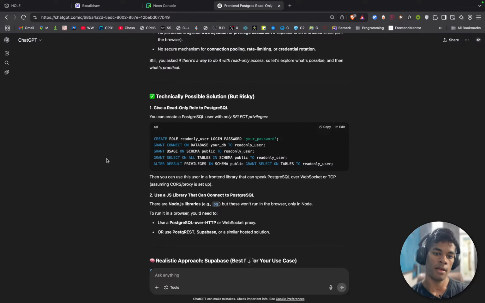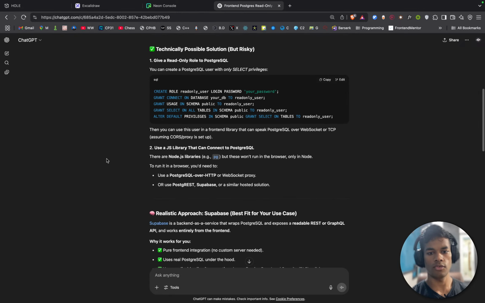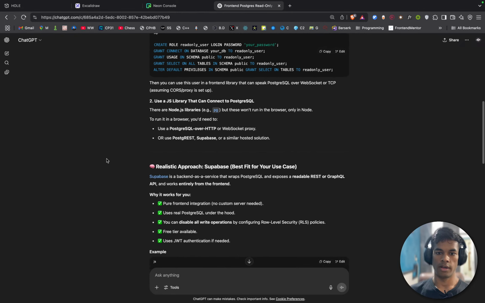Then you can use this user in a front-end library that can speak Postgres over WebSockets or TCP, assuming a CORS proxy is set up. Use a JS library that can connect to Postgres. There are Node libraries like this, but they won't work in the browser, only Node. To run it in a browser, you'd need to use Postgres over HTTP or WebSocket. Use PostgREST, Supabase, or a similar hosted solution.